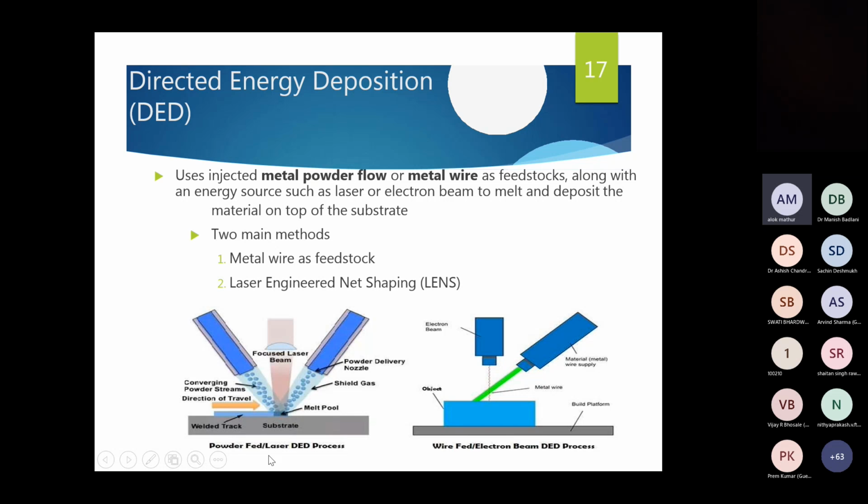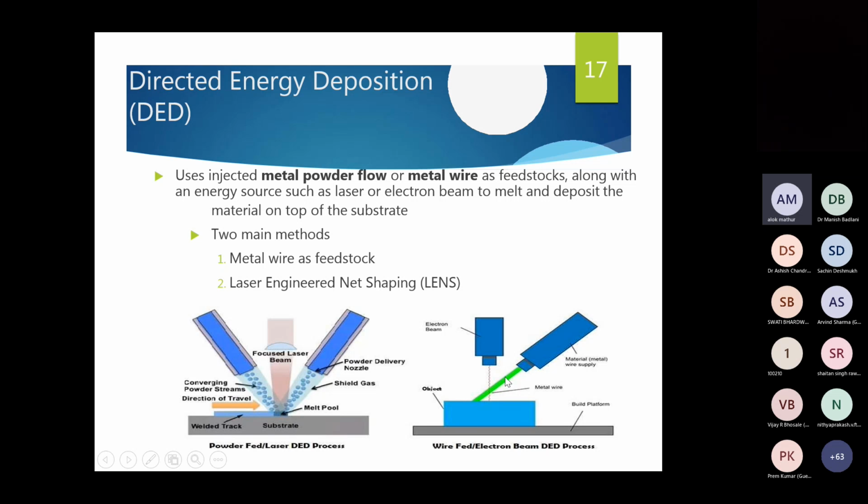This is the powder-fed or laser DED process, because we are using a laser. But if you use an electron beam instead of a laser, then we call it the electron beam DED process. So instead of a laser, we are using an electron beam, and material is fed through here, and this is an object we get after curing. So it uses metal powder flow or metal wire.